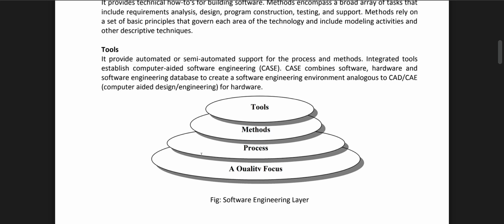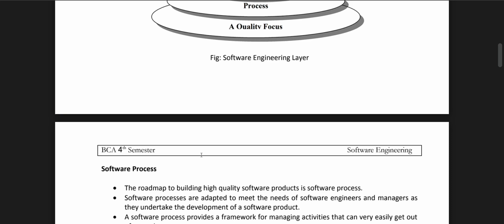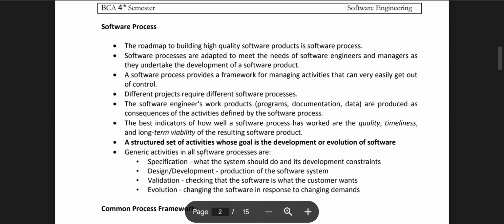Tools provide automated or semi-automated support for the process and methods. When tools are integrated, they establish computer-aided software engineering, CASE, which combines software, hardware, and a software engineering database to create a software engineering environment analogous to CAD/CAE, computer-aided design and engineering, for hardware. Tools, method, process, quality focus: software process is the roadmap of building the